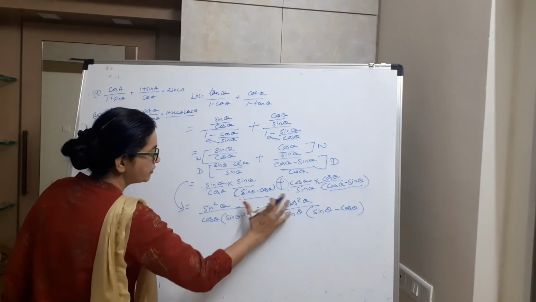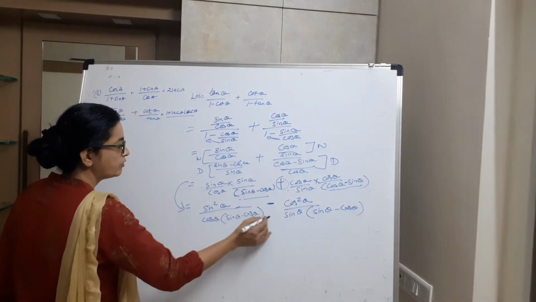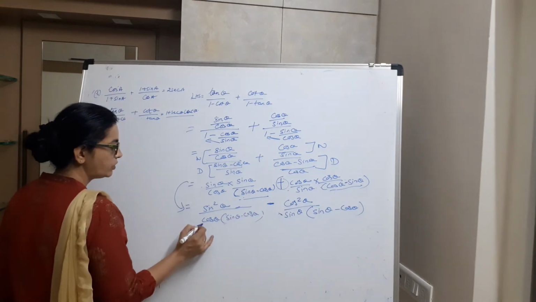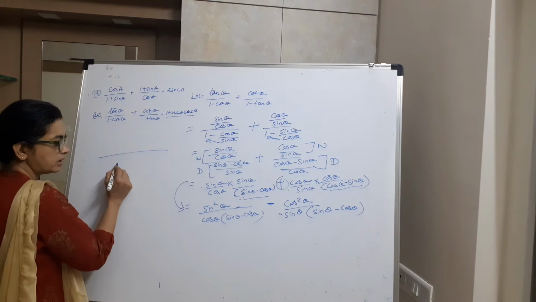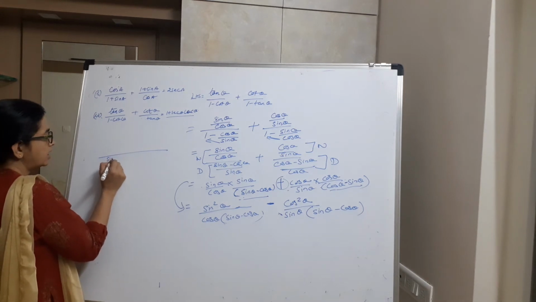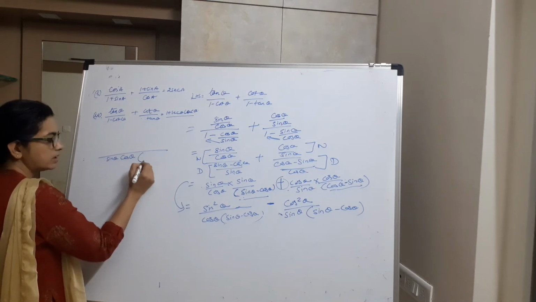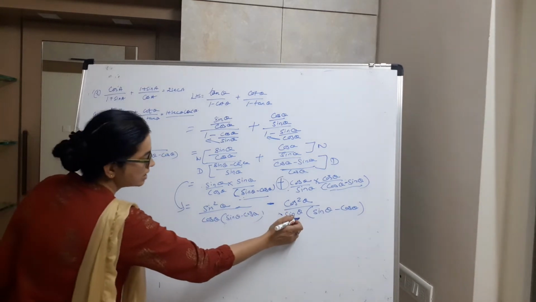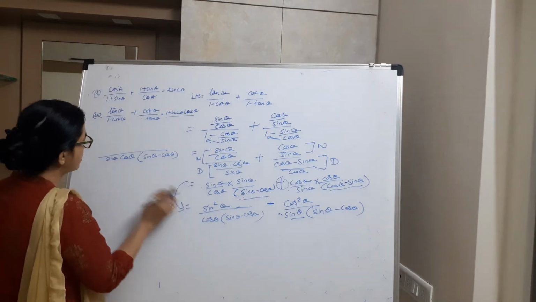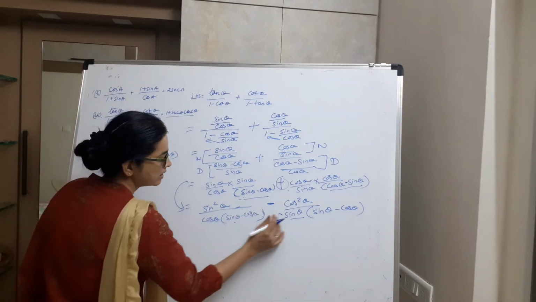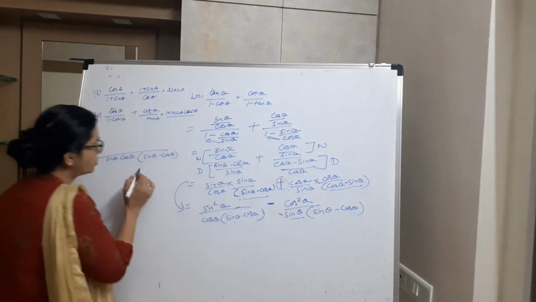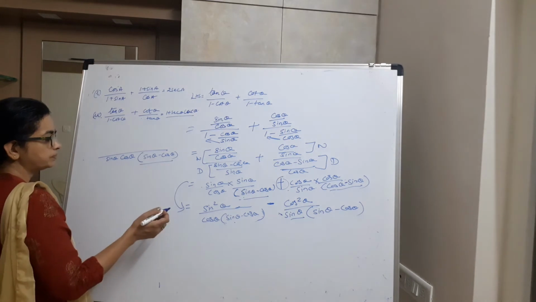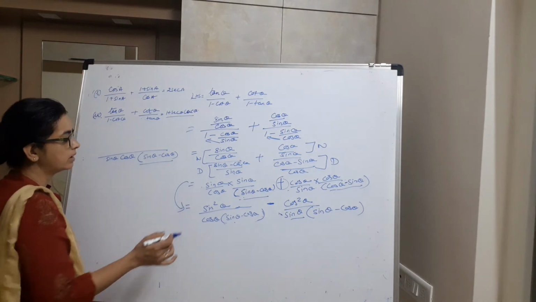Now you take the LCM of these two terms. For that, multiply this with sin theta. Why? Let me take a common denominator. Sin theta is one factor, cos theta is another factor, and sine theta minus cos theta is the third factor. See, this sine theta we took over here, cos theta over here, and this sine theta minus cos theta was there 2 times, but we took it only 1 time. That is called taking the common factor, the LCM.